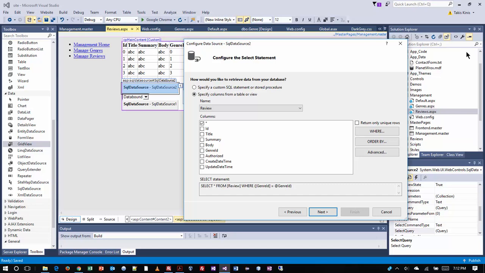And this time we're going to change a couple of things here. So we are going to stay with reviews, but we're going to only have the columns of ID, title, authorized, and create date time checked. All right. And then we're going to also switch to where,